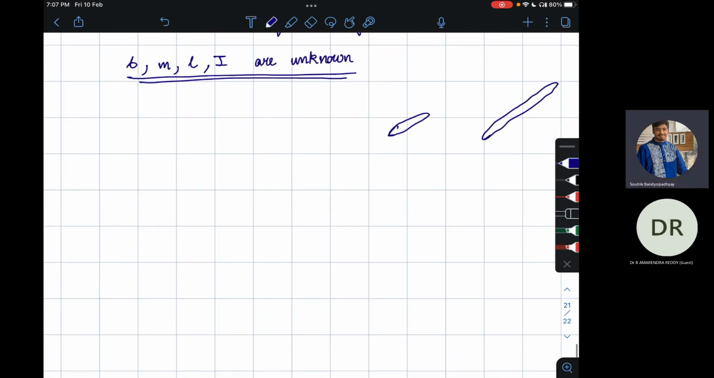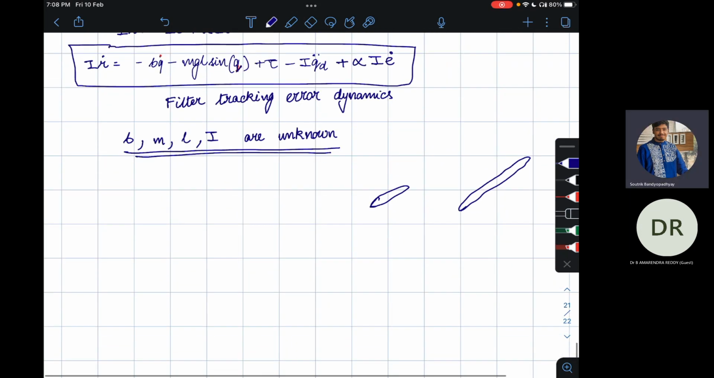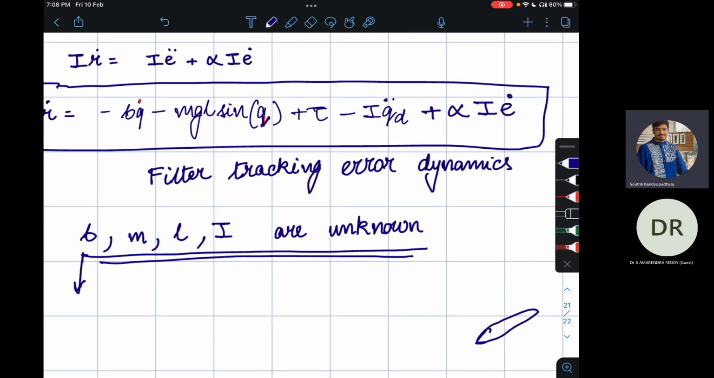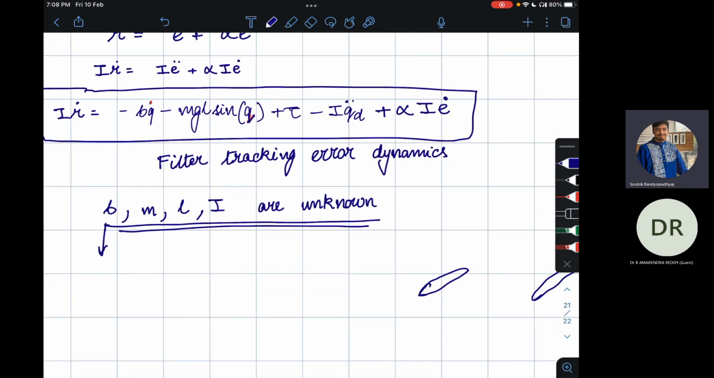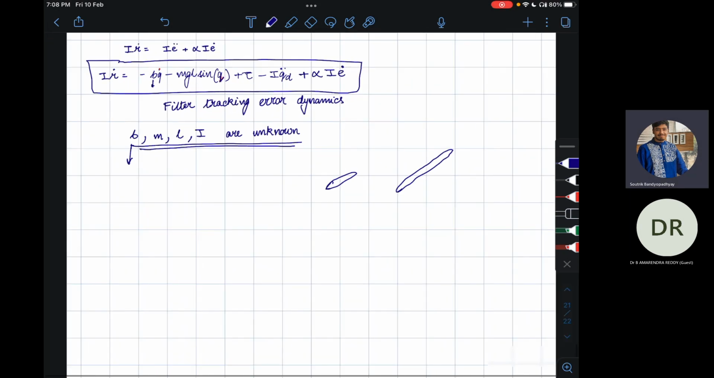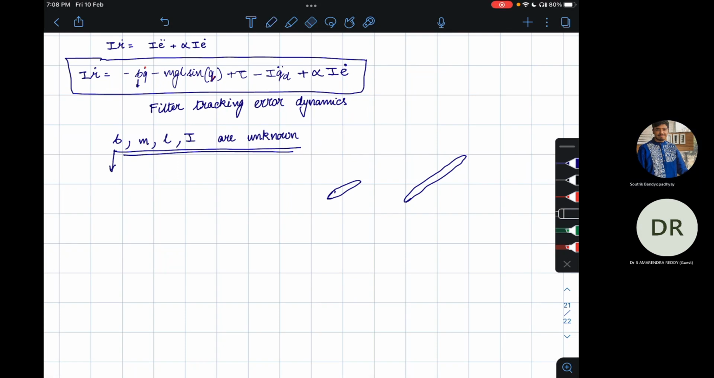Okay, so enough chit chat. These parameters are unknown, right? So let's do what is called a separation of parameters. We have certain parameters which are multiplied by state functions, so what we can do is separate these out from the states, right? So I can write I r dot is equal to